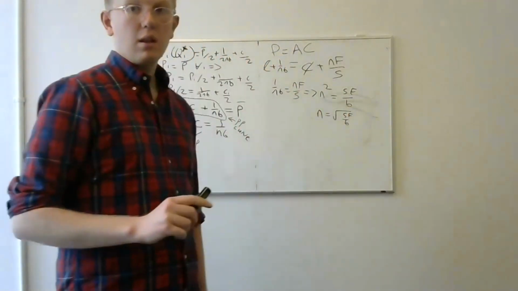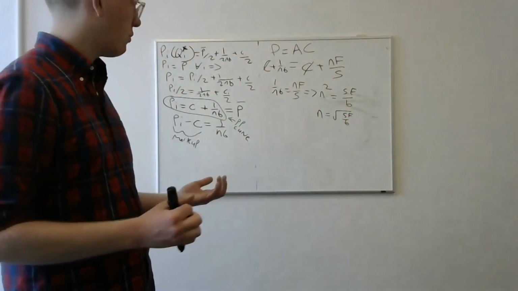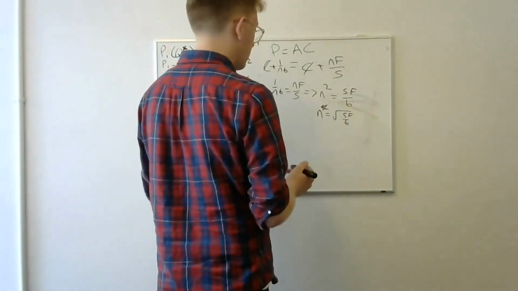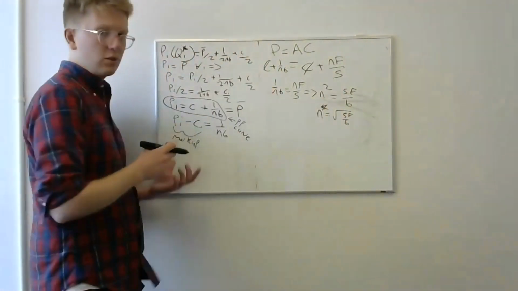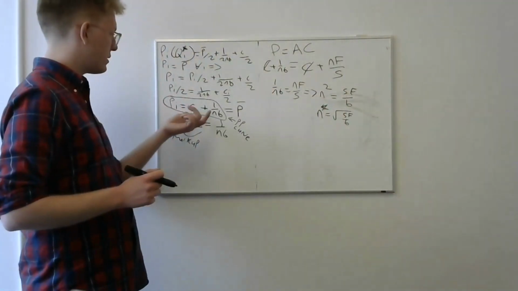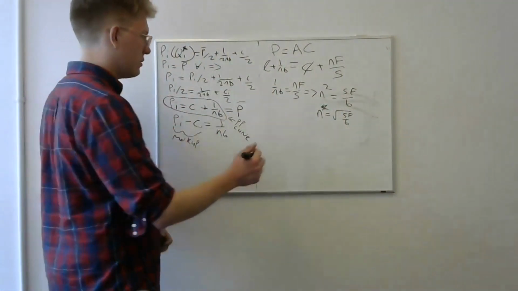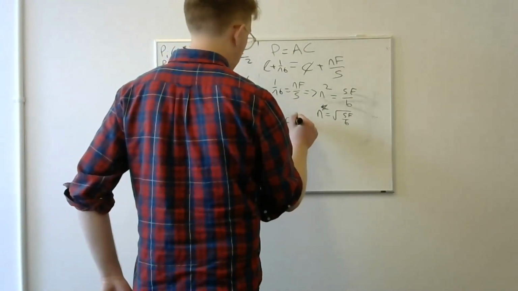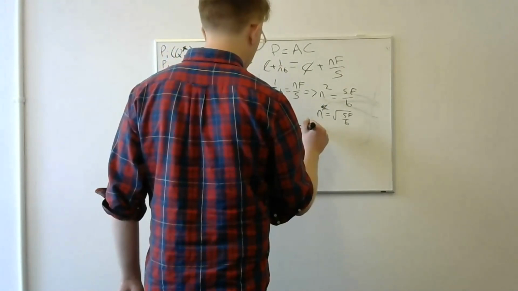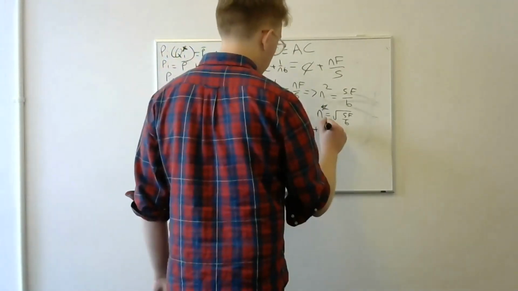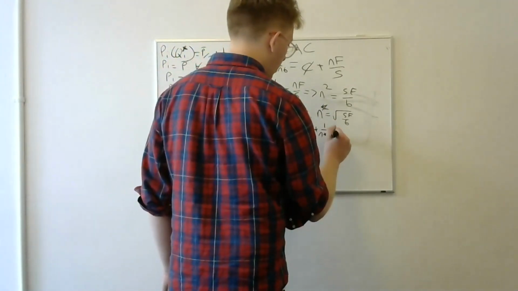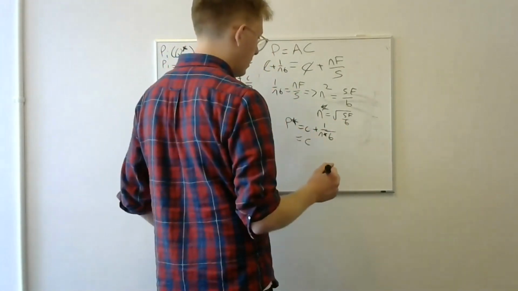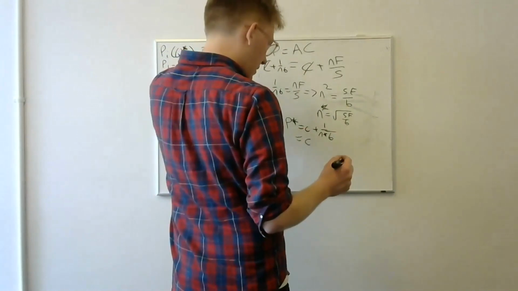Then, how do I figure out what prices are going to be here in equilibrium? Well, if I have this N star, then I just go back to my equation for price and plug in N star here. And so what that's going to give me is that P star is just equal to C plus 1 over N star B. And so just substituting in for everything, what I'll get is